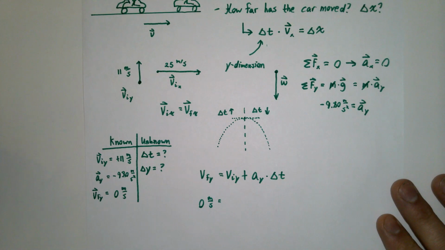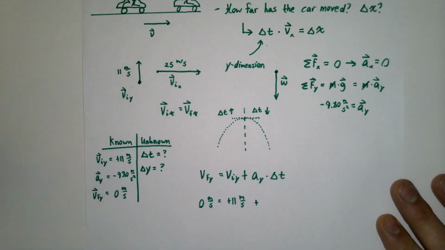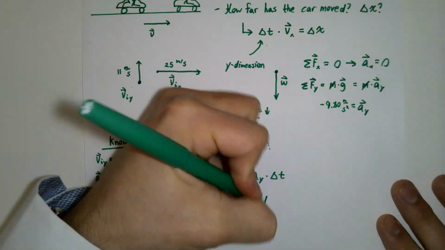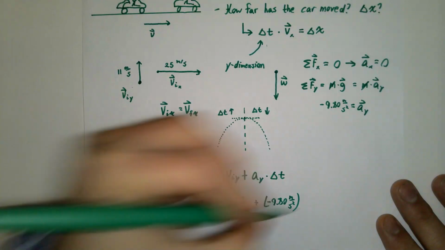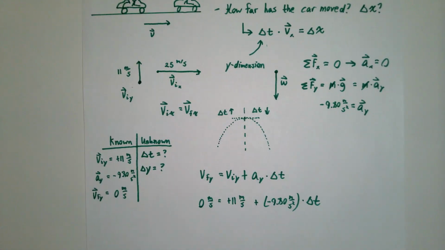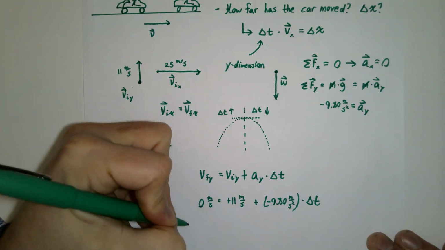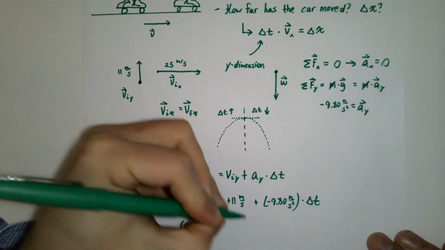Our initial velocity is positive 11 meters per second, plus our acceleration is negative 9.80 meters per second squared, and then times our time. If we rearrange this equation, we'd find that we have 9.80 meters per second squared times,